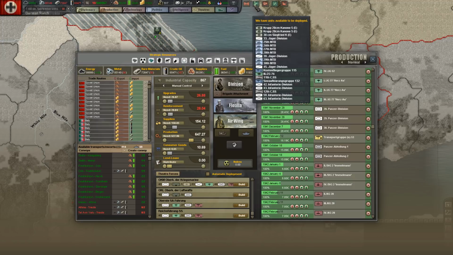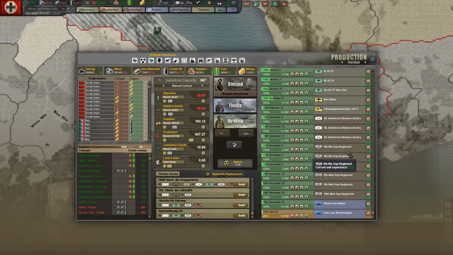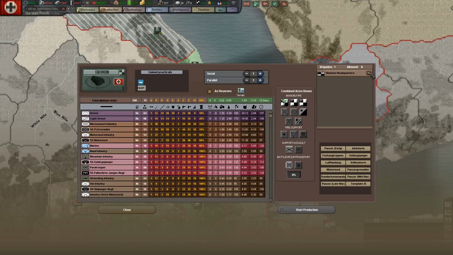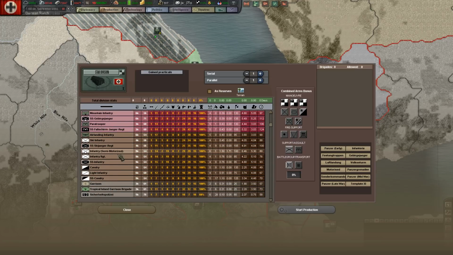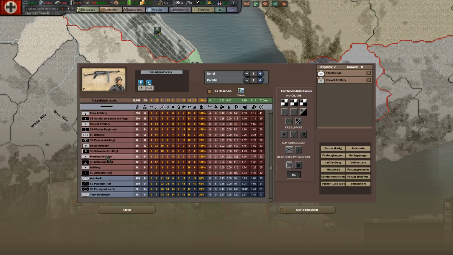I need or want all kinds of things, but I'm trying to keep somewhat balanced here. Got some infantry divisions, some Jaeger divisions. There. Port companies. Let's go with 3 more rocket reinforced